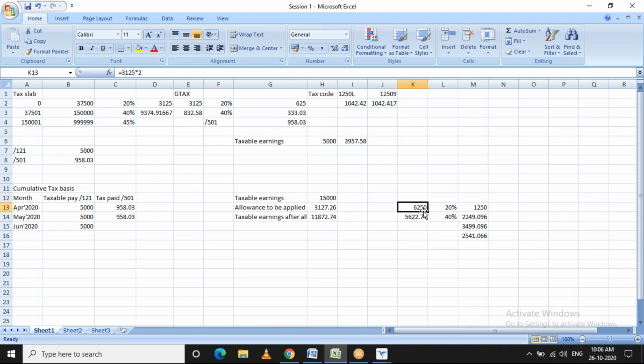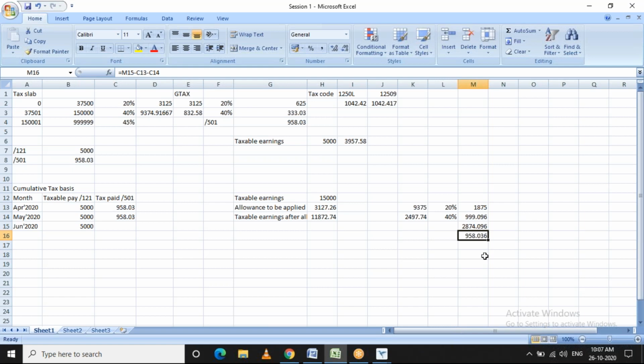Then again, the slabs will be applied for 3 periods, and then the tax will be calculated. Okay. Clear? That is the cumulative tax basis, how the tax is calculated on cumulative.